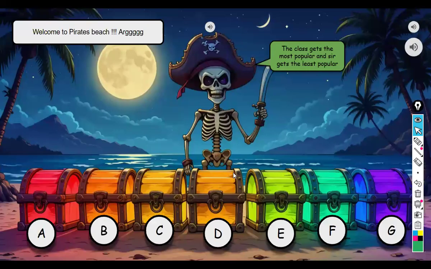All right, so this is where the fun begins a little bit here, guys. So it's you all versus me. So what's going to happen? Each of these treasure chests has like money and stuff and things like that, right? So the class is going to vote which treasure chest you all want for the class. The most popular vote goes to the class. The least popular, whichever one you all vote least on, I will get. So it's not like I could choose whichever one I want, so I can't cheat. Okay? Anyway, let's go. Let's vote.